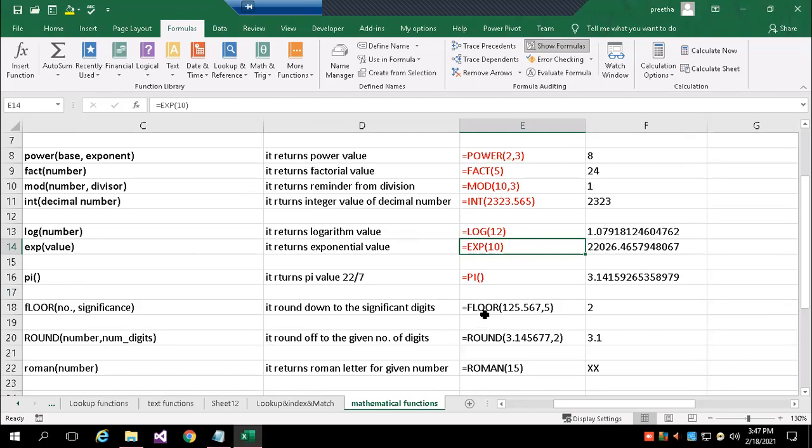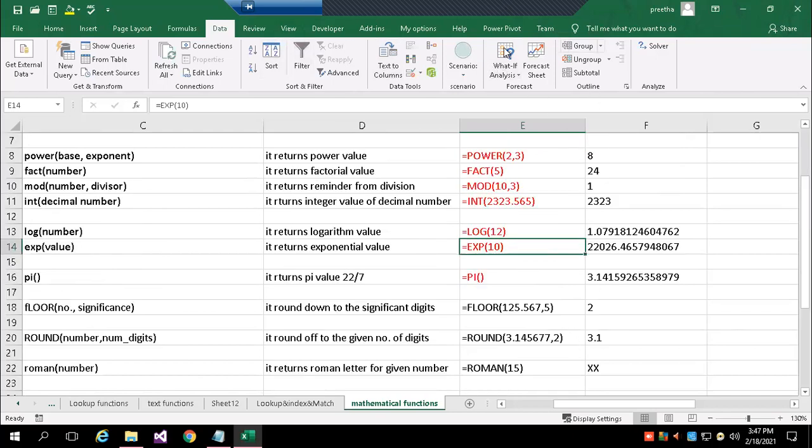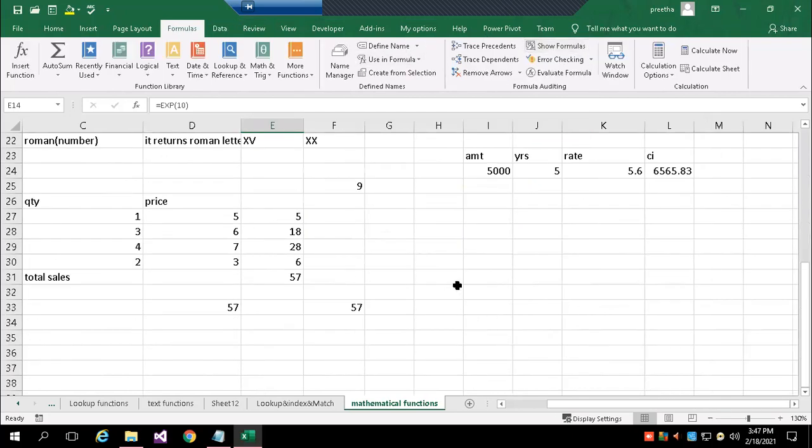Then FLOOR, ROUND, these are all for rounding off. You can round up or round down. For example, I have a value.